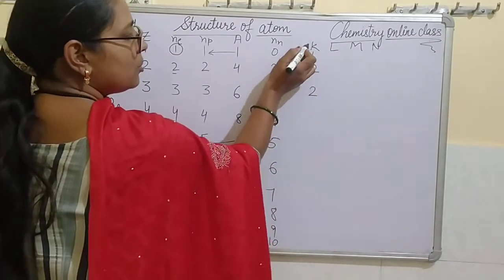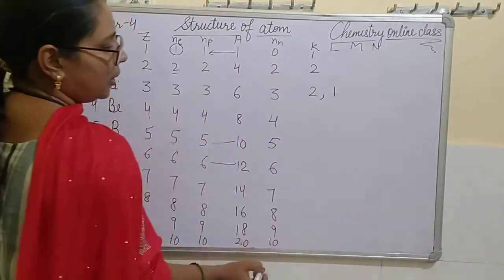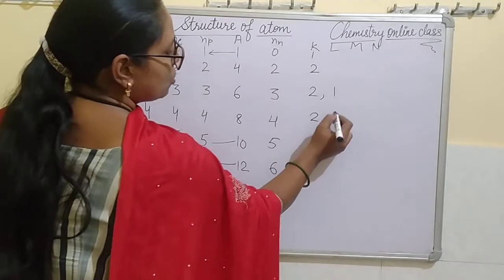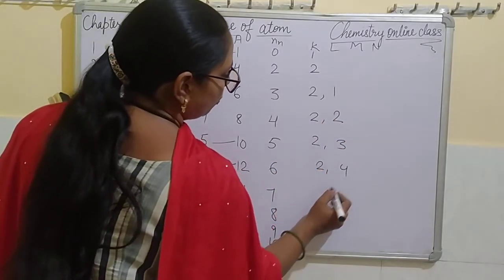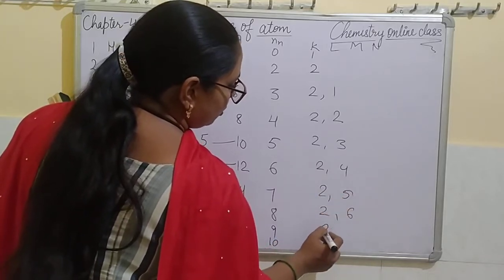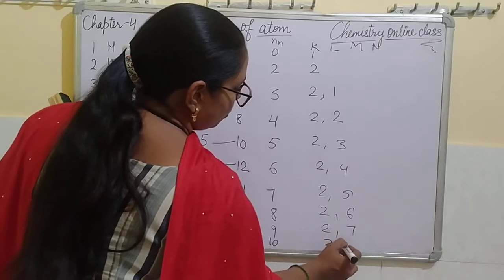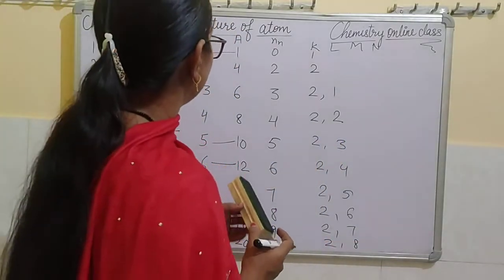As we know, maximum electrons can be 2. So next we will write here. Similarly it goes on 2, 3, 2, 4, 2, 5, 2, 6, 2, 7 and 2, 8. In this way we have distributed the electrons